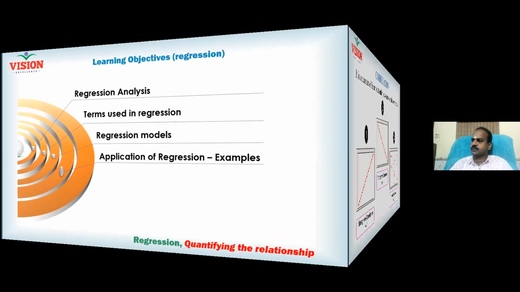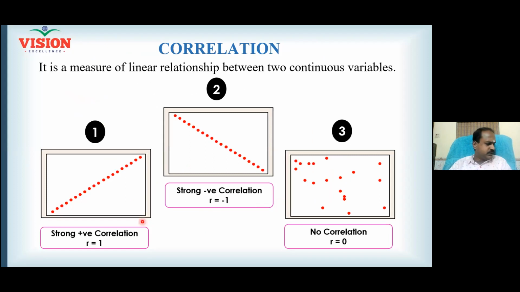So, now I'm showing 3 pictures here. These pictures are nothing but scatter diagrams. Always a scatter diagram will have 2 axes. One is the x-axis, another one is the y-axis. The horizontal axis is called the x-axis. The vertical axis is called the y-axis. And the vertical axis is also sometimes called the response variable. And the horizontal axis is called the predictor variable. So this is response, this is predictor.